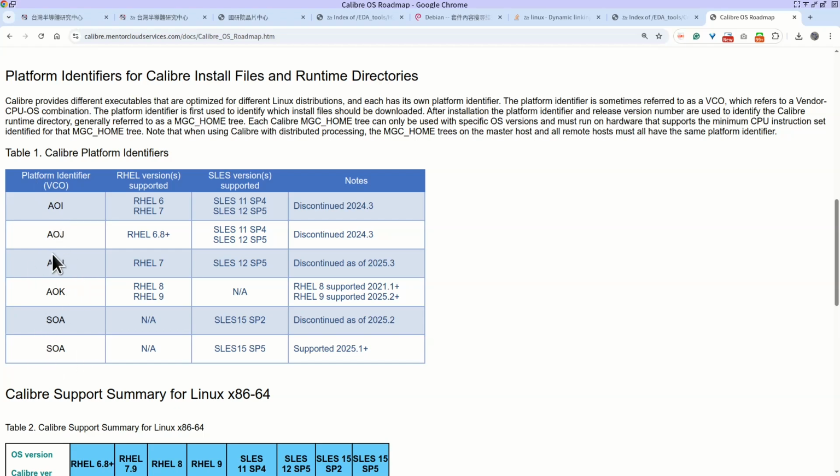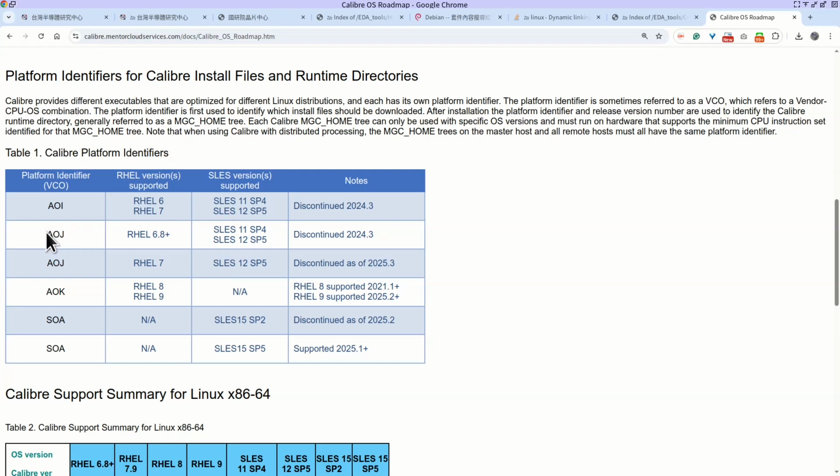There are different versions. That means, for example, we are downloading the AOJ version, so it supports Red Hat 6.8 plus, or it supports SUSE Linux, not Slackware, SUSE.